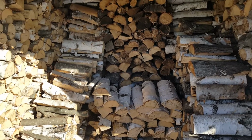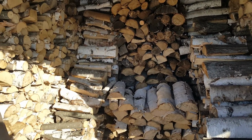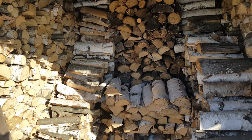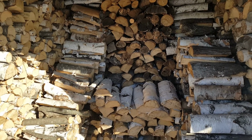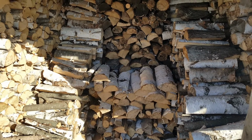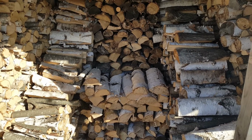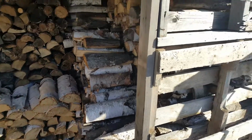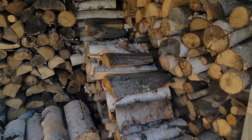Okay, this is that other woodshed. This one, like I said, is just a little bit bigger than that last one. I did a video on this. This is just something I whipped up really quick. I think it's called firewood shed for $0. All it is is a bunch of pallets on the bottom, some pallets on the side, put a beam up on top,